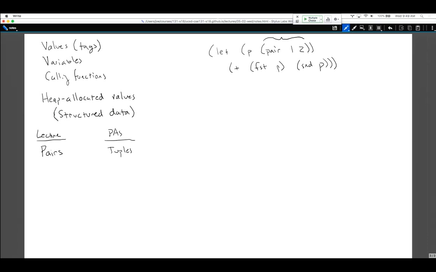So that's what's coming on Monday. The midterm that's on Friday covers up through the simple one